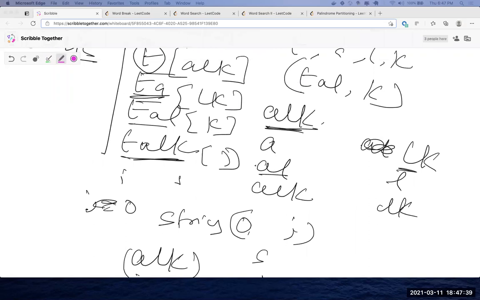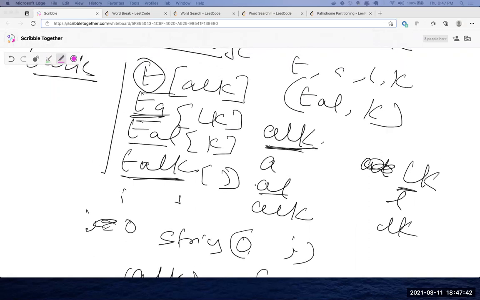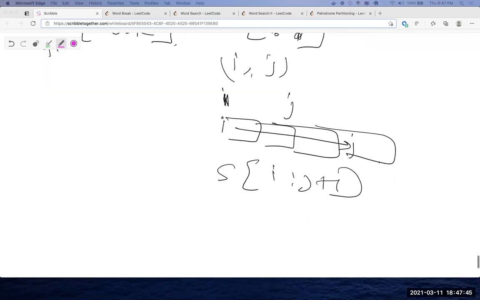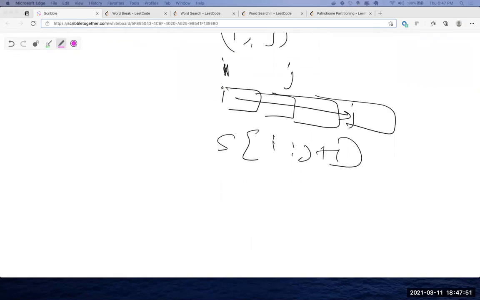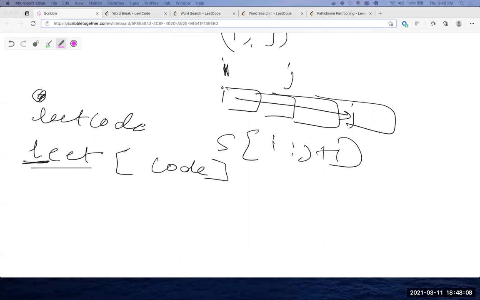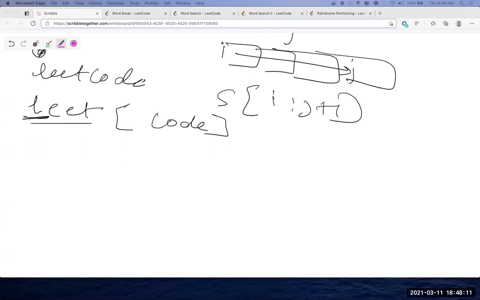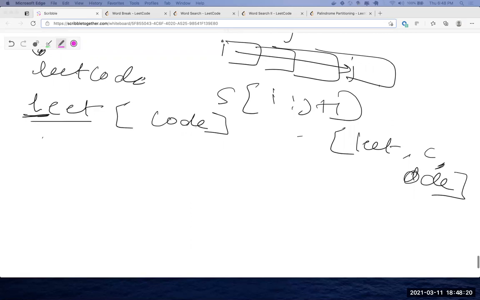So, is it understood what is happening here? Tell me, explain to us. All right. Given the string S, you are starting from the first letter and creating the combinations and checking in the dictionary. You keep checking for lead. If lead is there, then you recurse on code. And let's say in your dictionary there's only lead, there is c and there is ode, right? How do you do it?